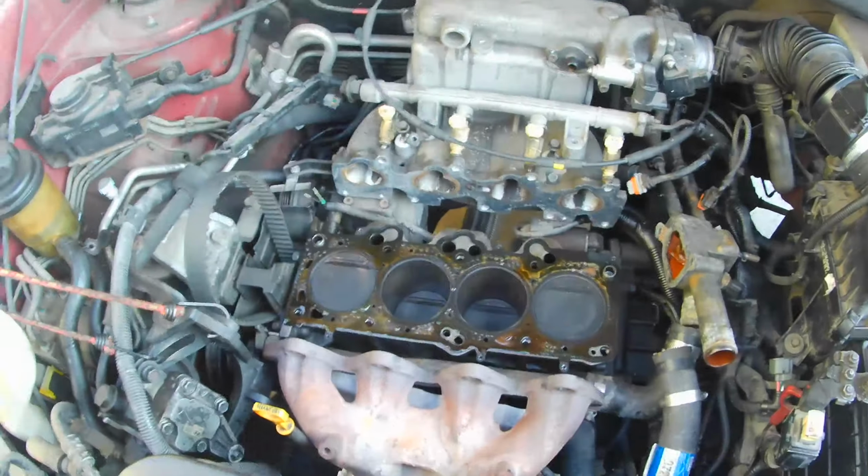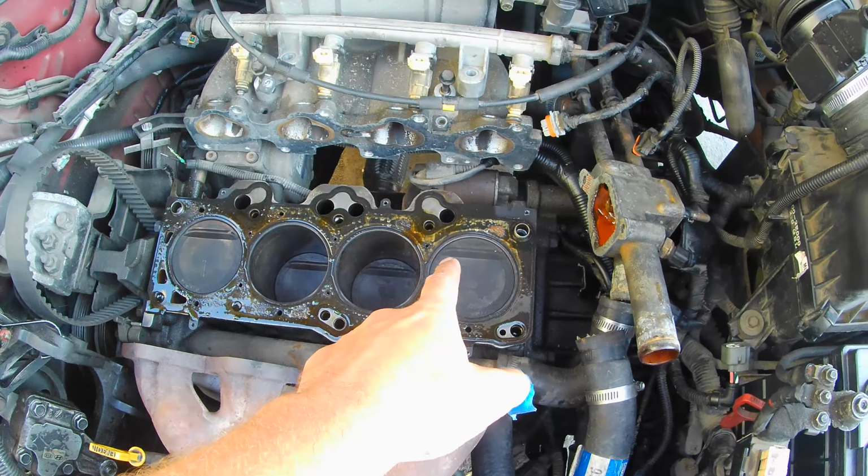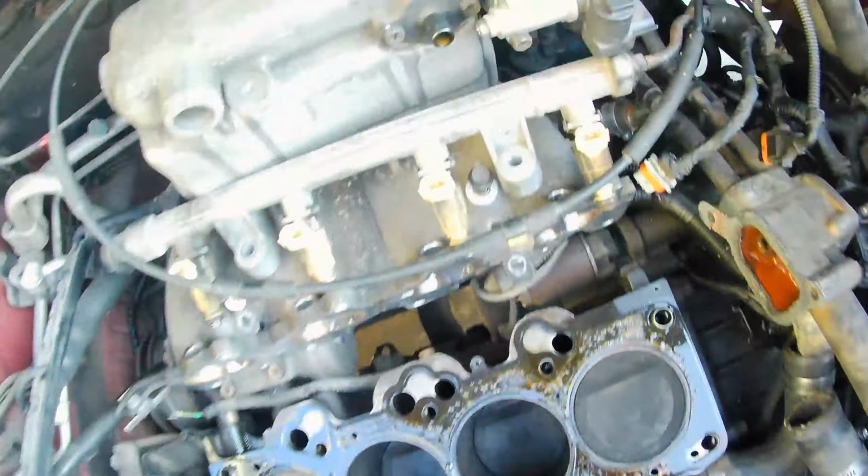I'm not sure on that one. What I want to do right now is to take off the head. I'm glad I did because there was still mixing of the oil and the coolant happening in the engine. So if you can see,